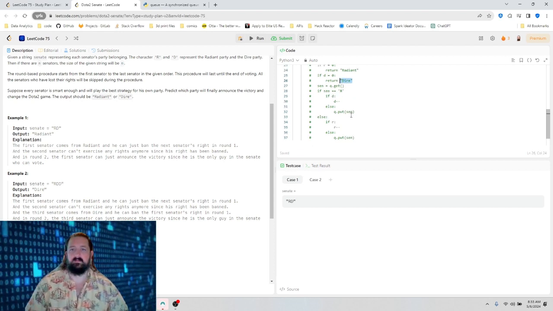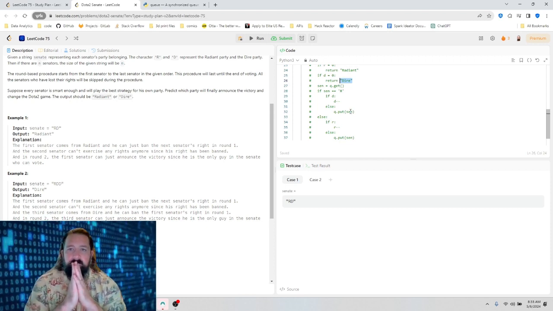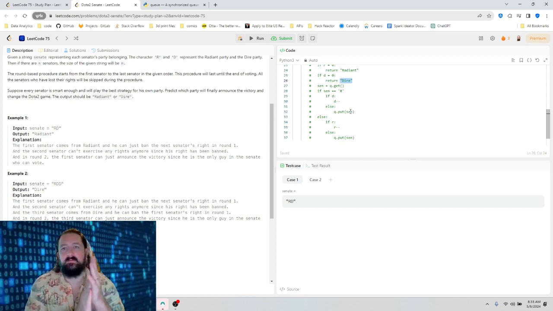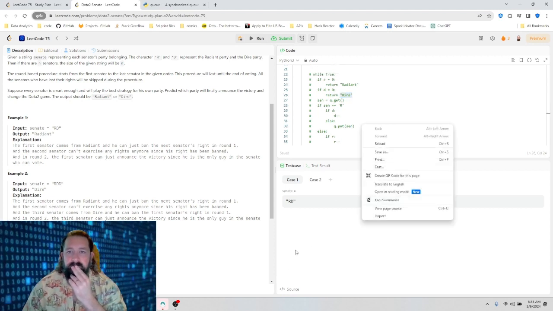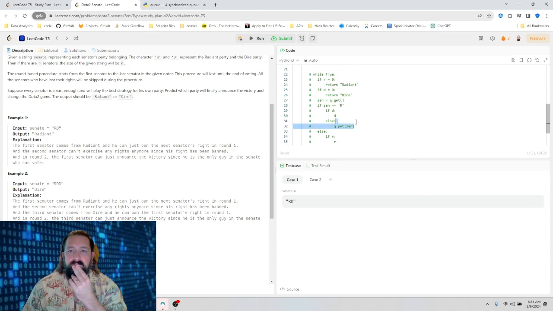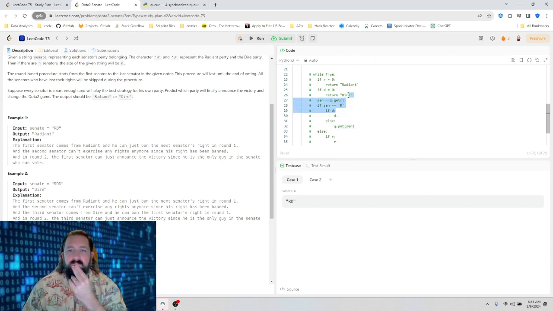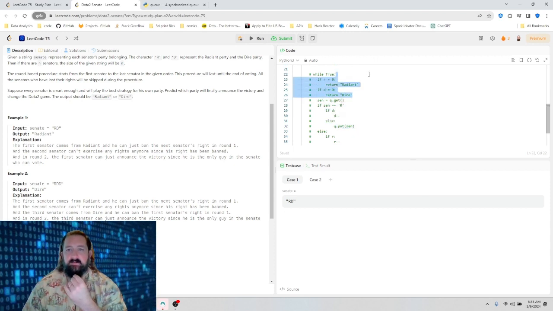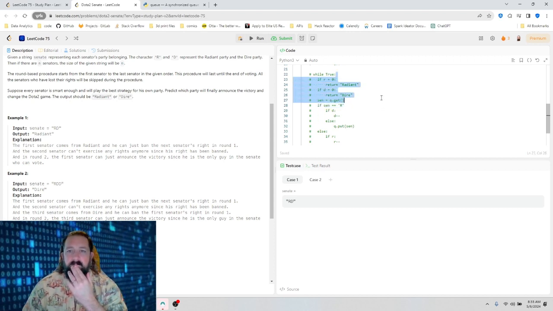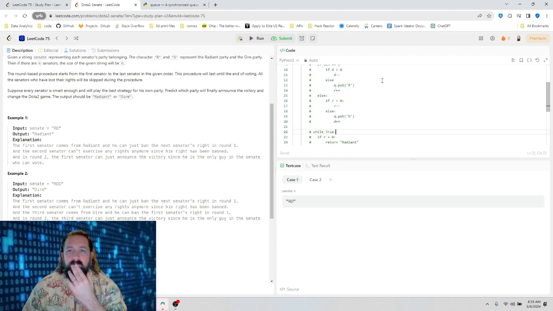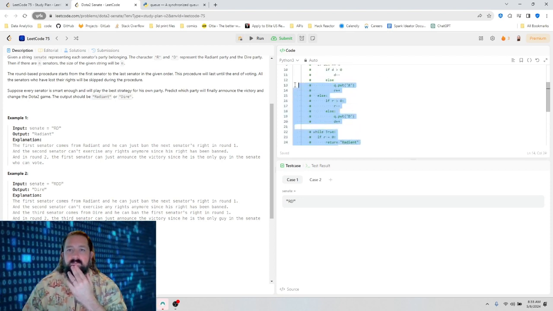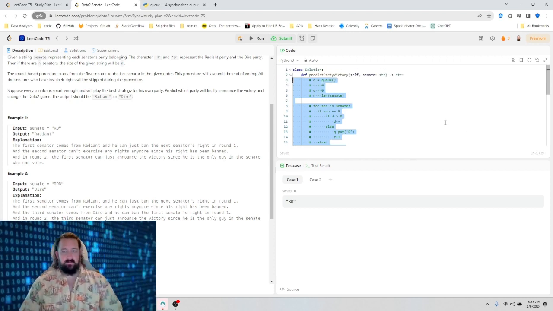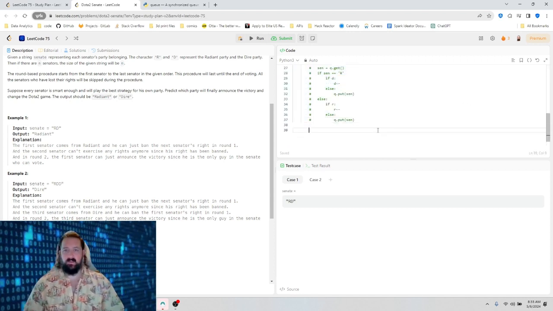I can just do, then why did I even use the Q? The problem is I might have to go through the Q multiple times. Let's just go ahead and run this and see what happens.